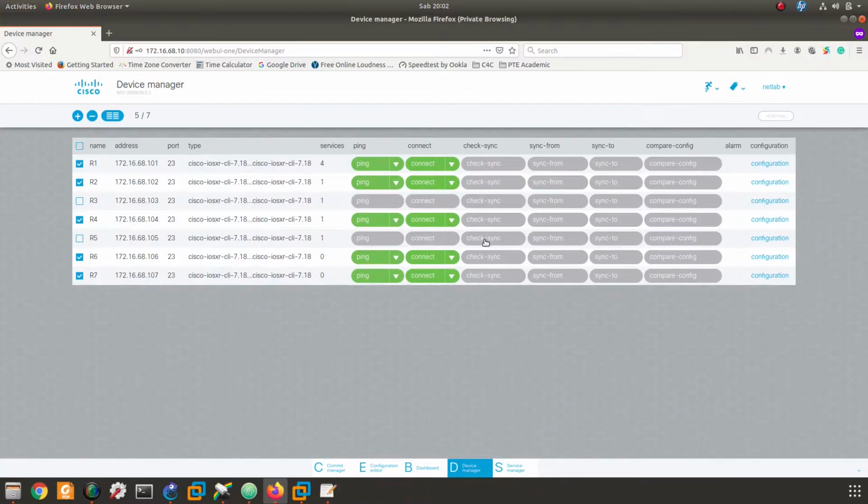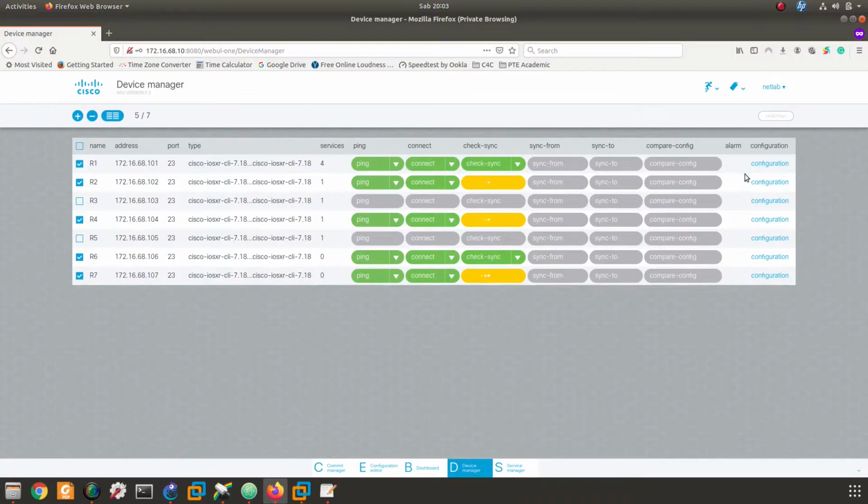Okay, seems like all the connection is good, and then we check the configuration synchronization, because basically we want to make sure that the configuration in the Cisco NSO and in the local routers are synchronized. So in that case, we need to click check sync. If, let's say, your device has a different configuration from the NSO configuration here, so basically